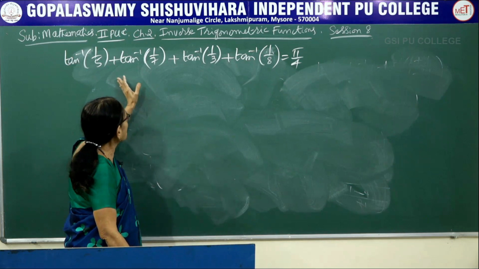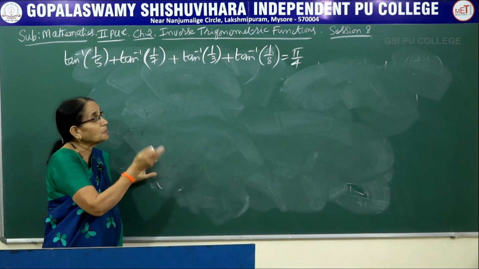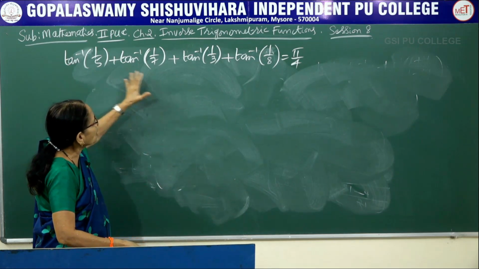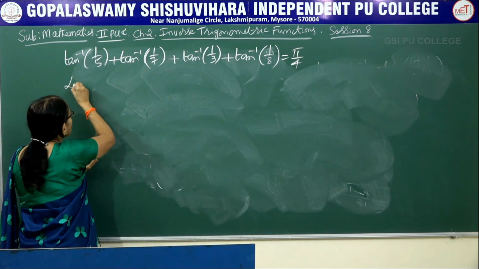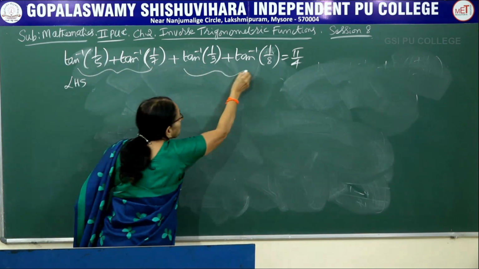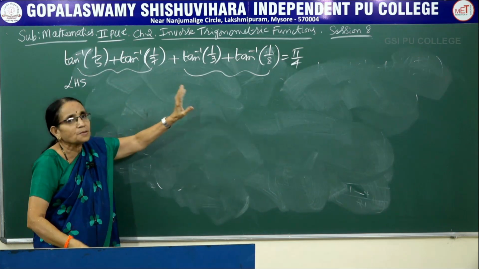Now all of them are having positive sign, you can observe that. So the terms may be given in different order also. Now what I do is, all the 4 I cannot take together. So when I start with the left hand side, you take 2 at a time. Applying the same result here, tan inverse x plus tan inverse y, tan inverse x plus tan inverse y.